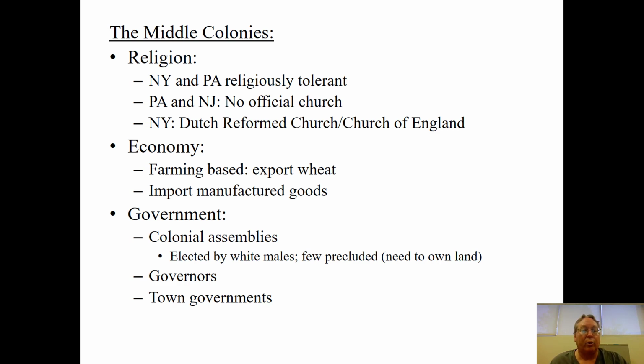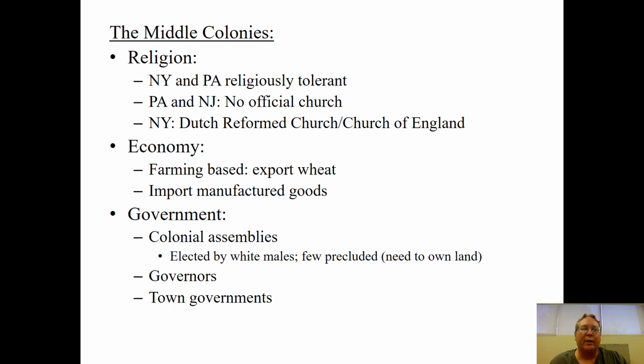New York colony grow a lot of food and ship it throughout the colonies. Growers in Pennsylvania grow a lot of wheat and ship it throughout the colonies. These colonies kind of become the breadbasket. They grow a lot of the food for all the other colonies. So these are going to be important colonies. They're going to be part of this big triangular trade that I mentioned, and they're going to have their own